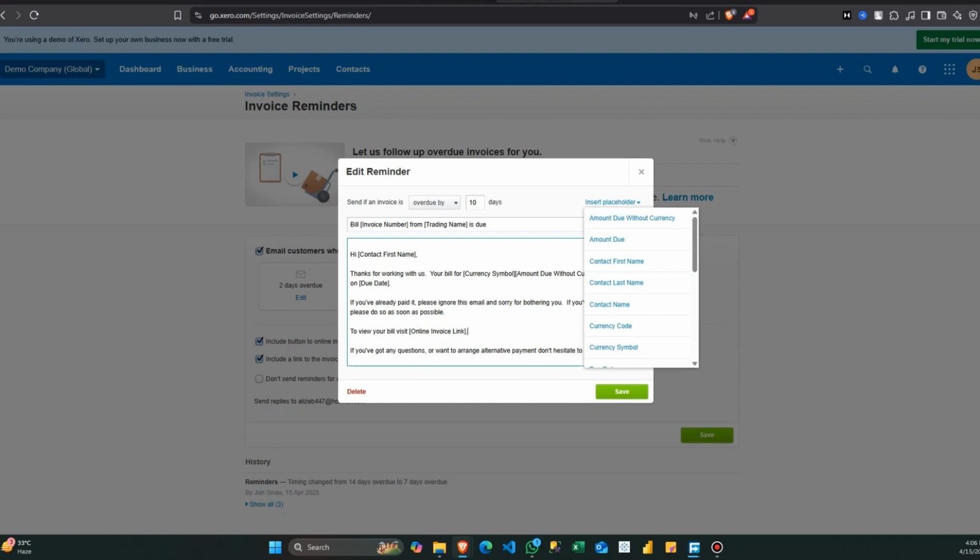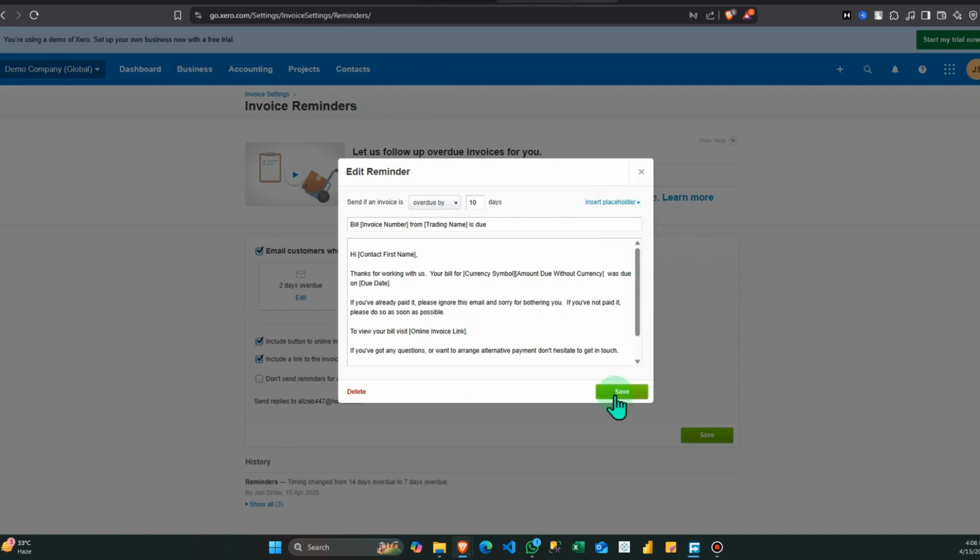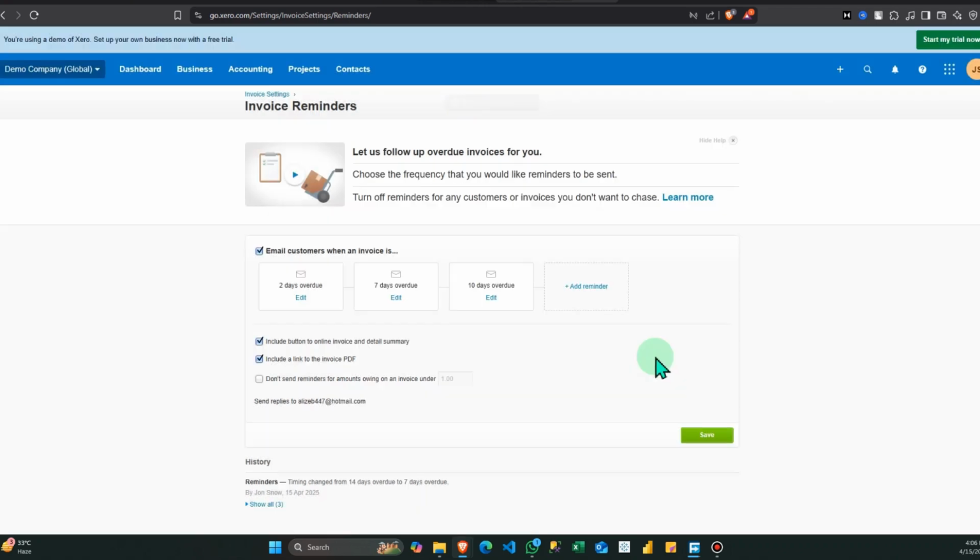Like there are pre-built ones, but you can also insert these as well, like week, year, due date, invoice number, contact first name, and amount without currency. I get and save, and then when you hit save,